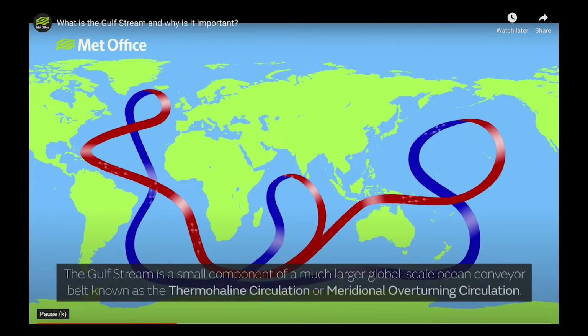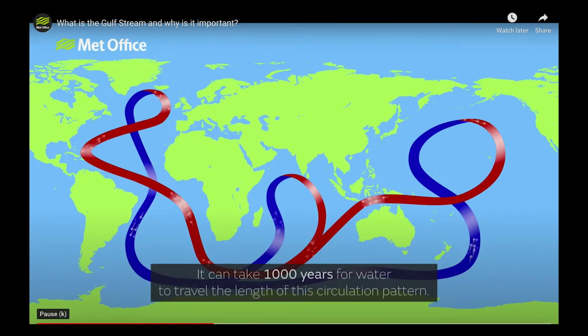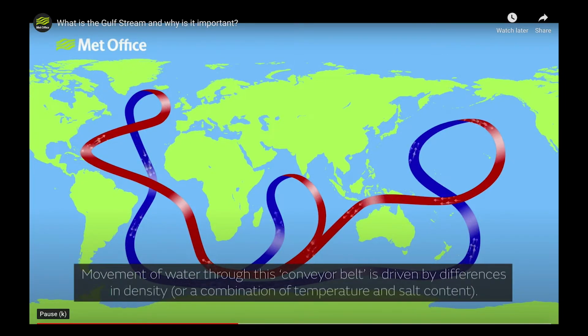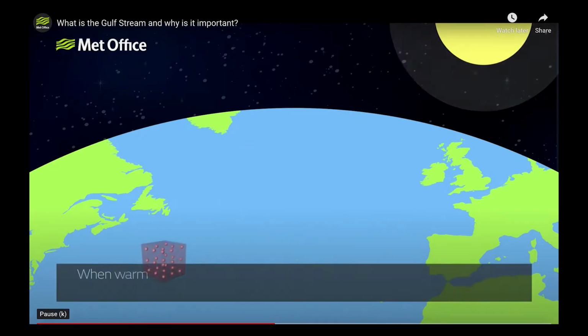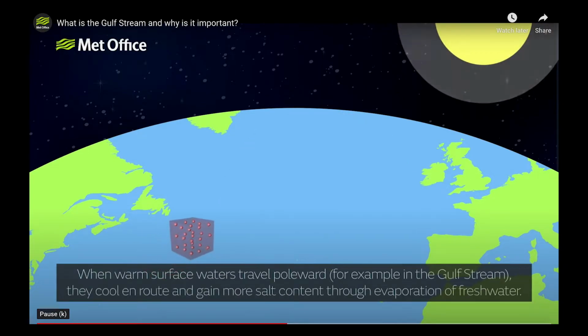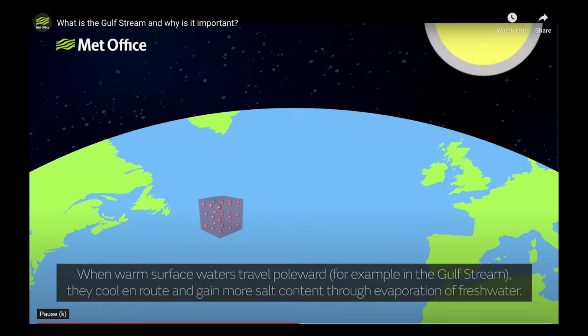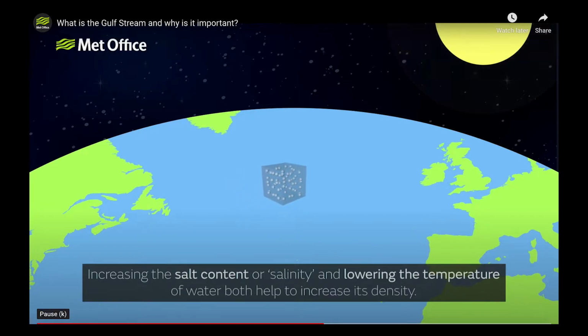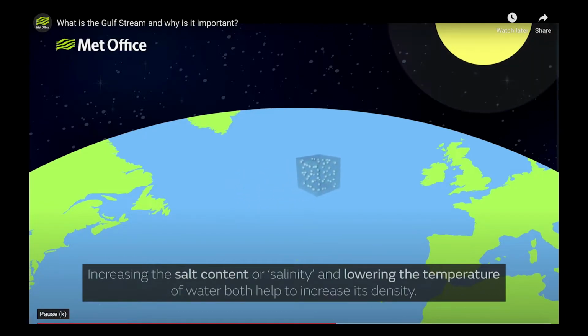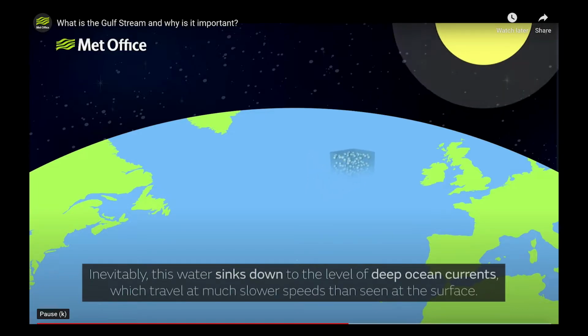The water is going to cool off. As it cools off, it becomes denser. It's already salty because it became salty off the coast of Florida and in the Caribbean. As this water sinks, it becomes part of the deep water mass that travels the world's ocean basins. Here's a schematic of the water increasing in salinity. It's cooling off at the higher latitudes. And this high density water sinks and then traverses the world's ocean basins.